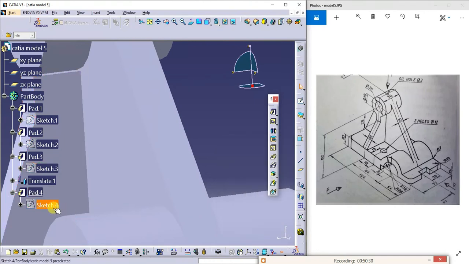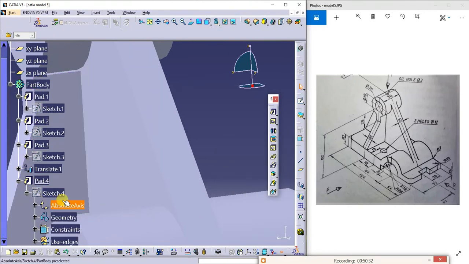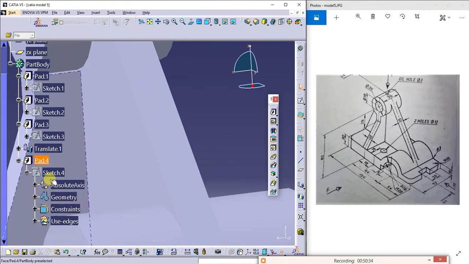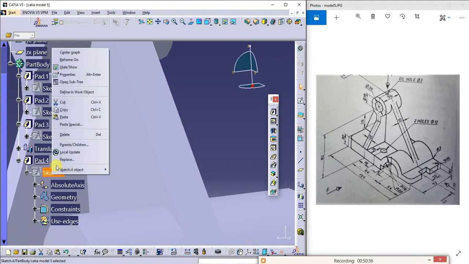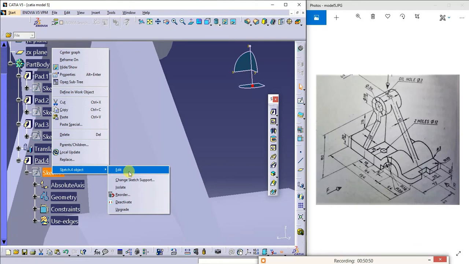What I do, still I'll try to give 28 dimension little bit, 28 here it is here. So that I want this to penetrate inside this. So edit the sketch.